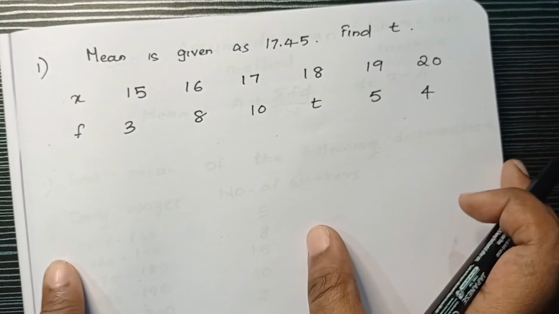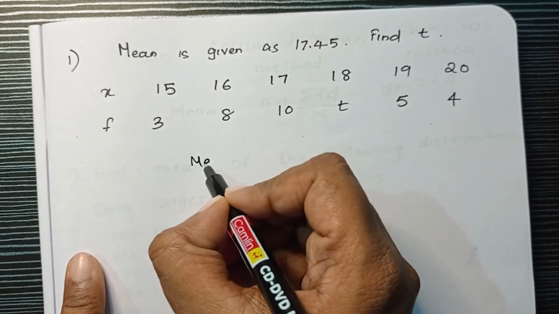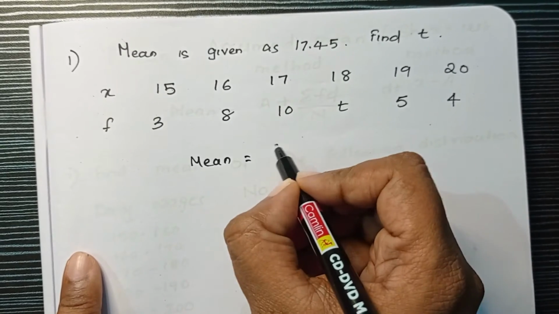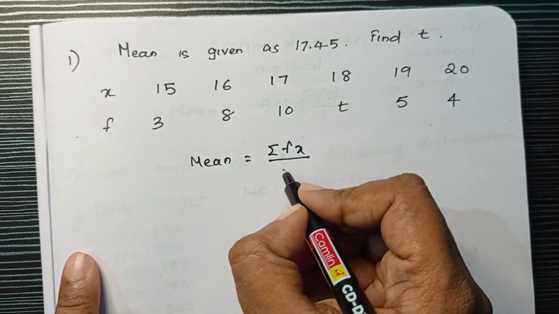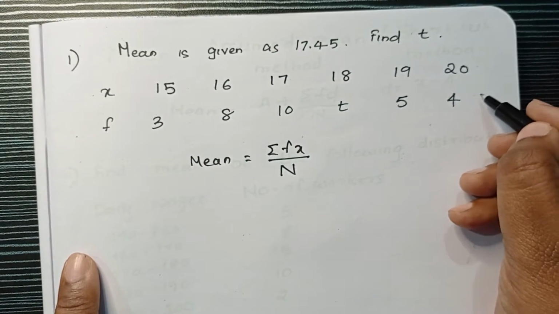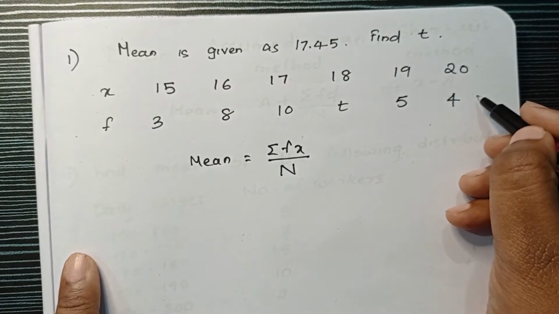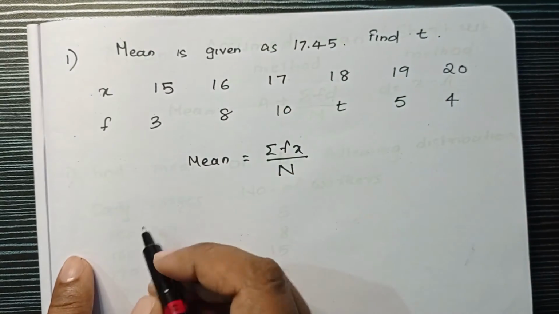We know the formula for mean, right? So the formula for mean is mean equal to summation fx by n. N means the total of the frequency. Whatever the total is coming, that is the frequency total. So if you calculate summation fx,